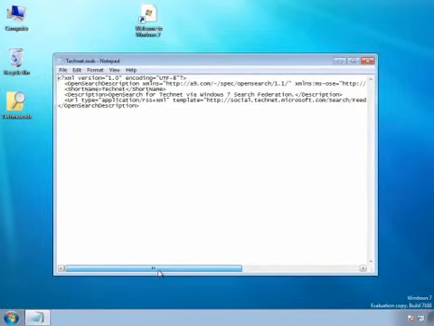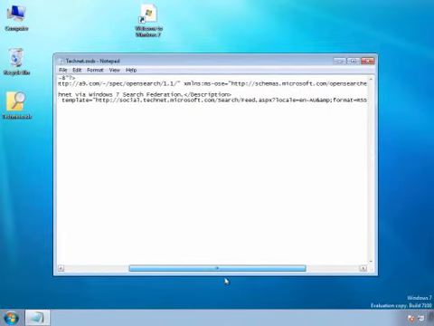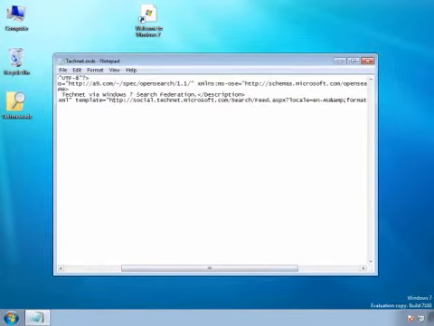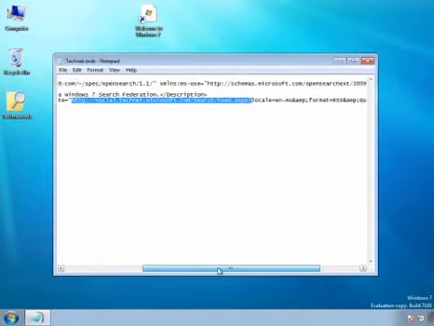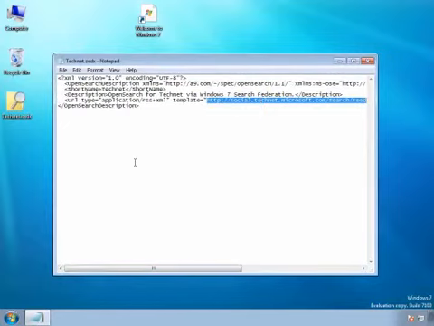And I'm not a coder, but I can see that it looks like we're defining a link to some other location, perhaps a web service. And here's a link to something at TechNet. Looks like a feed of some sort, so it's probably using some RSS in the background, and basically doing a query, it looks like. So this is just a simple definition of a connection to a service at Microsoft TechNet,